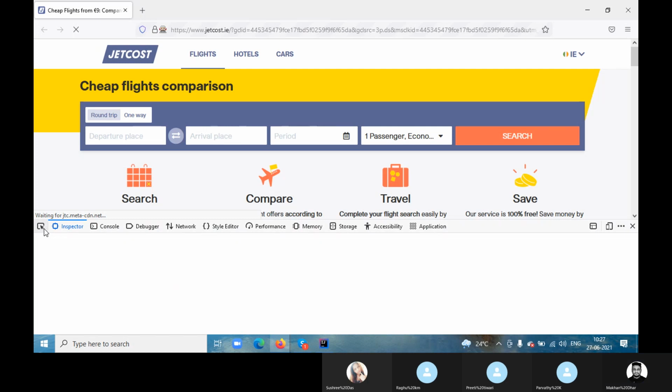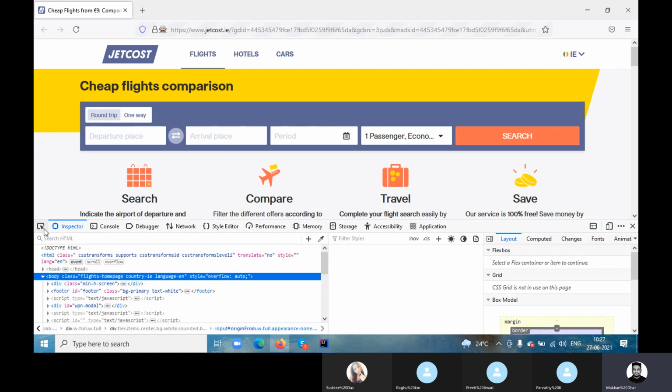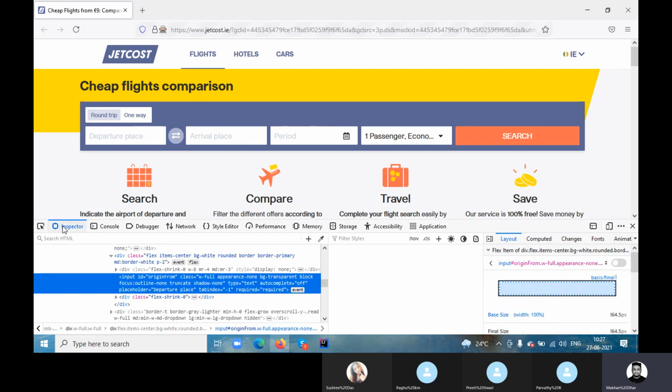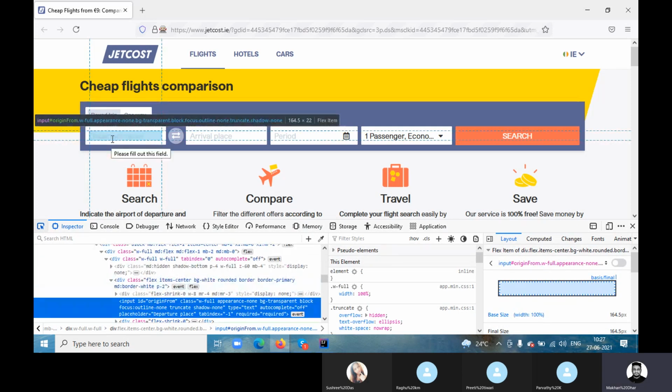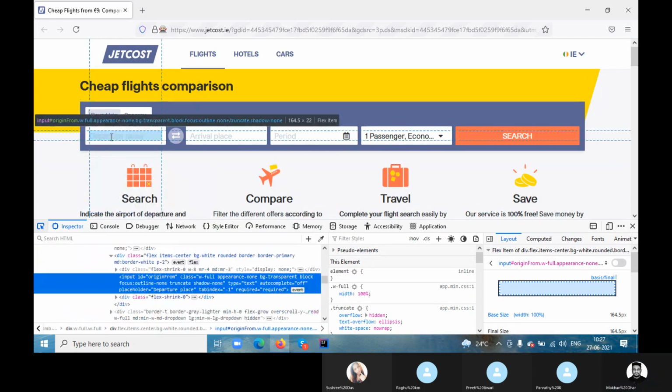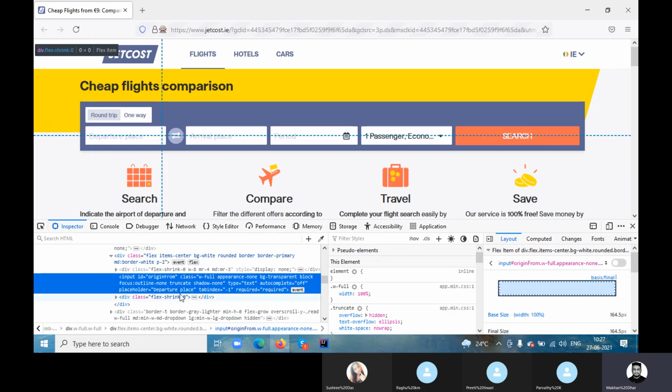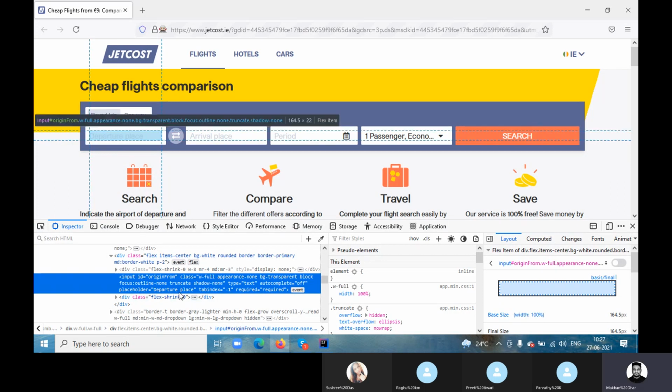Now guys, maybe I am covering slowly, but really it will help you to understand. If I go fast, then you will not understand. So you can see this is the inspect, right? Just click here and now see this is the ID, class, these are all the attributes, type, placeholder, there are a lot of attributes.